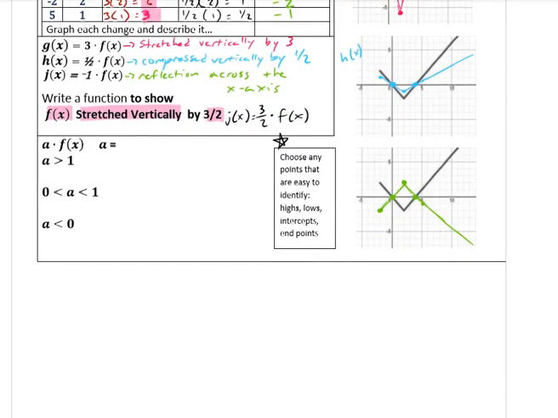A times f of x, where A is your vertical stretch factor. It's the number you're going to be multiplying it by to make it stretch vertically. If A is greater than 1, it is going to be stretched vertically. If A is between 0 and 1, it is going to be compressed. And if A is less than 0, which means a negative A, it's going to be reflected